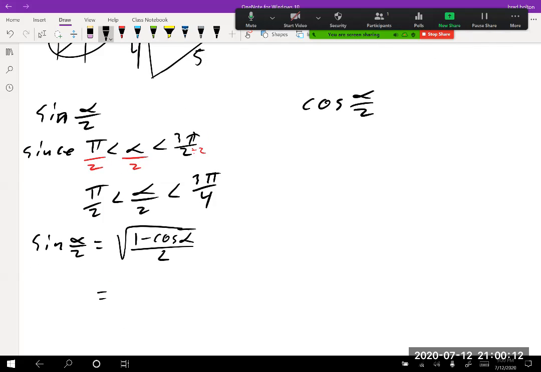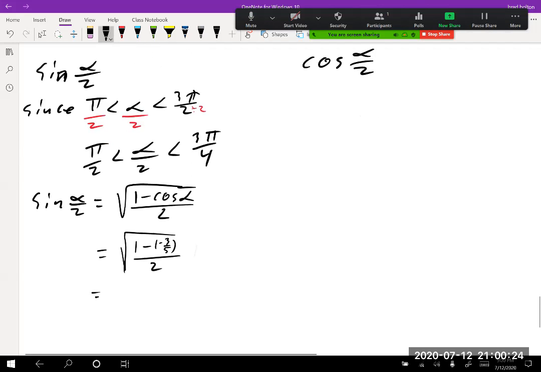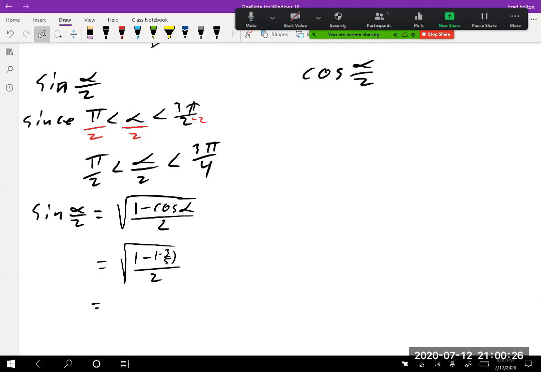So this is going to be the square root of 1 minus -3 over 5, divided by 2. When we clean this up, I think I will get, let me see, this will be 5 plus 3. So this will be 8 over 5 times 1/2. That cancels with that, and we're left with the square root of 4 over 5,